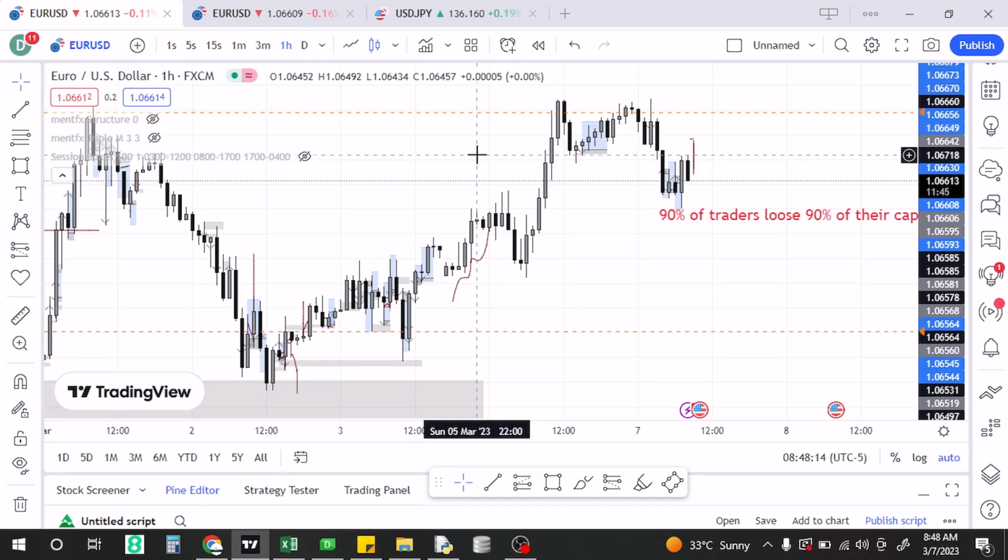Now after that, you should write the risk. Write down the risk you are willing to take on a particular trade or a particular day. Risk management should be top notch. Are you going to risk 10% of your account every single day? Are you going to risk 100% of your account on a single trade? Write it down. All these things will help your brain recall and keep yourself accountable.